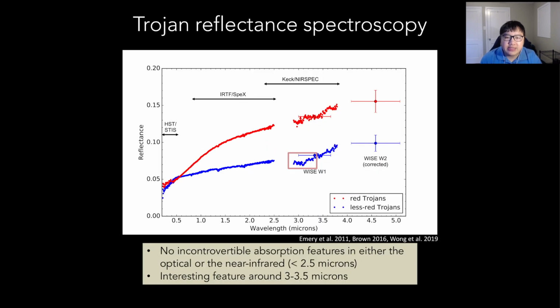Obtaining high-quality reflectance spectroscopy of Trojans has been a challenging endeavor. This plot here shows the average reflectance of less red and red Trojans from the near UV through 5 microns and is a concatenation of various datasets from both ground and space-based facilities. Immediately, one can observe that the spectra are mostly featureless. In particular, there are no hints of the diagnostic silicate and water ice features that are often detected on main